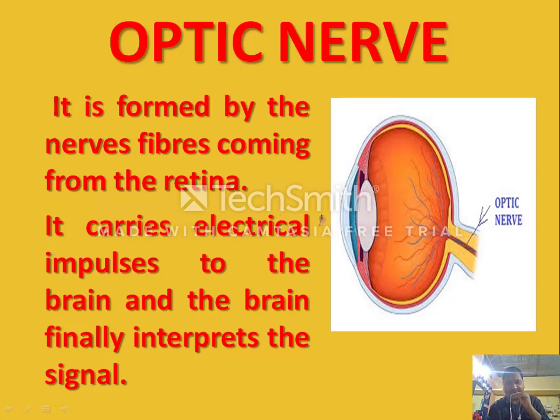Now tell me one thing. This is your lens, and this makes an image. This is a convex lens. Most of the images formed are real. Since the images are formed on the retina, say it is a screen, the nature of the image will be real. If it is real, it is inverted. So the retina forms an inverted image, but still we see the figure erect. How is it possible? Make a comment in the comment box.